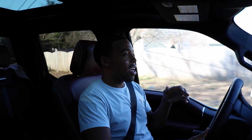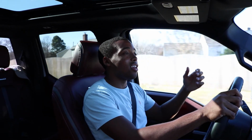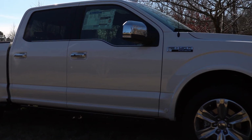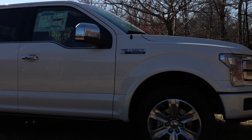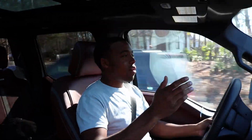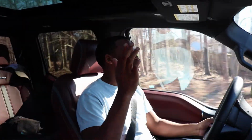So I'm really interested to see, since I feel like this now and I'm only in the regular F-150, even though this still is a big truck, how it's going to feel when I'm in a bigger truck. Overall impression of this truck, like I said, it's really nice, but it also is really easy to drive. So that is one thing I want to see as far as comparing it to a lifted truck,